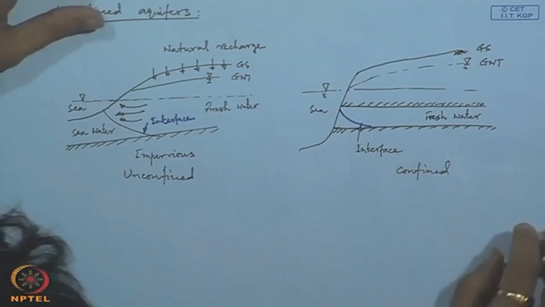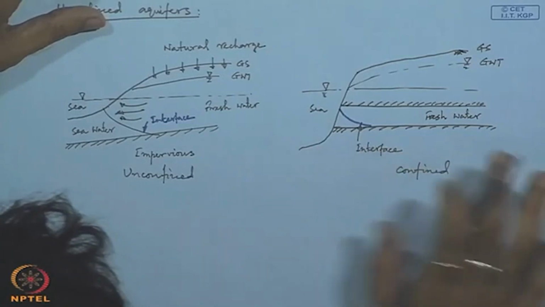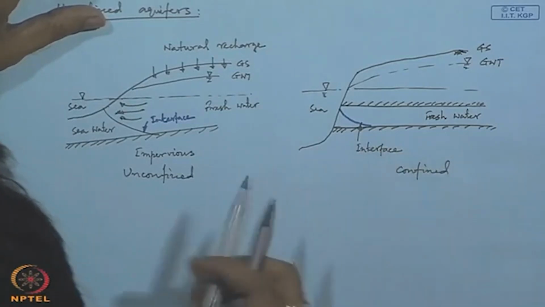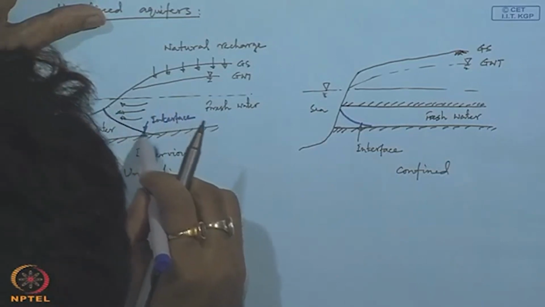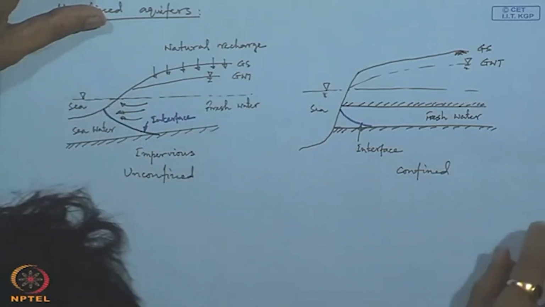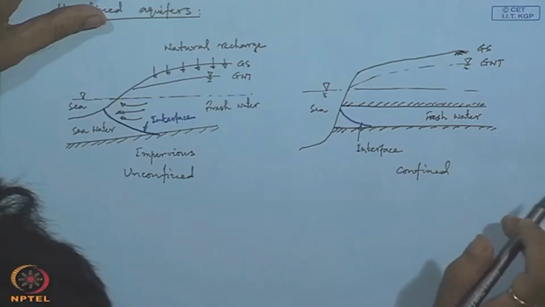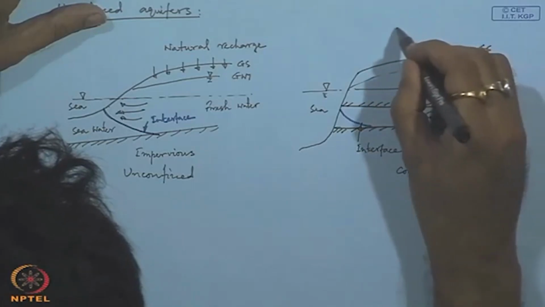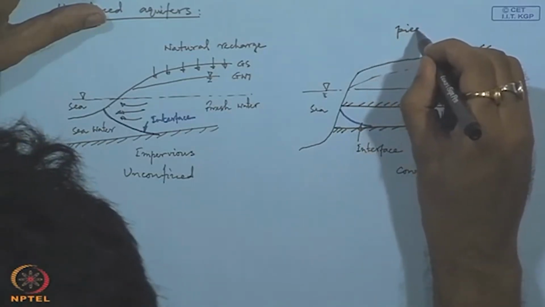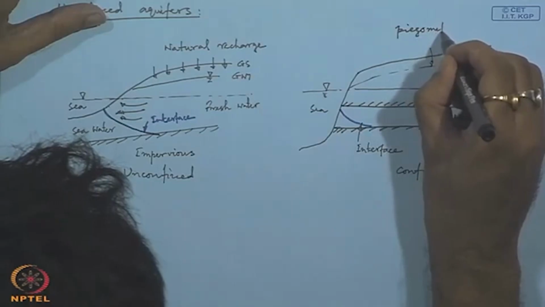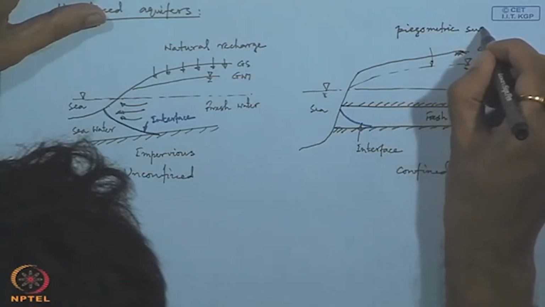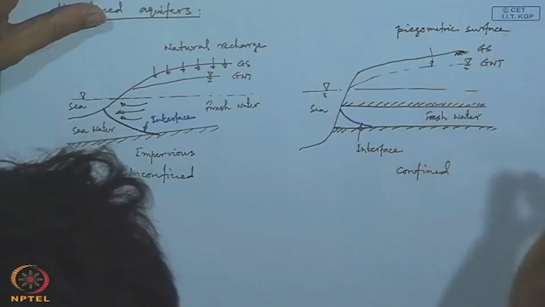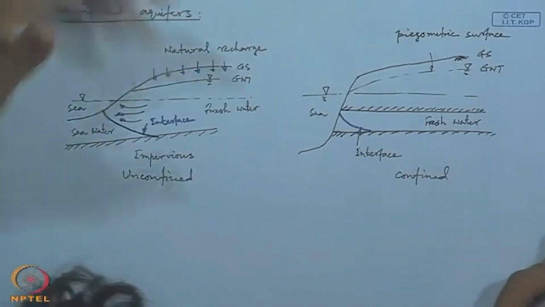So, these are two examples for interface movement in confined and unconfined aquifers, and we can say that this is our piezometric surface for unconfined confined aquifers. Another situation we can have, that is island situation,